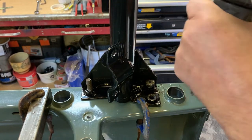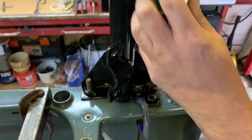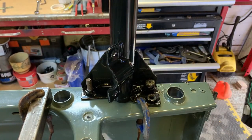Things always go wrong when the camera's on. I should not make videos and then everything would go perfectly well for me. It's still rubbing. It's because I'm through, that's why. Duh. So...